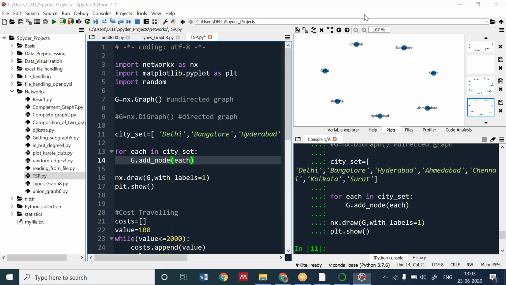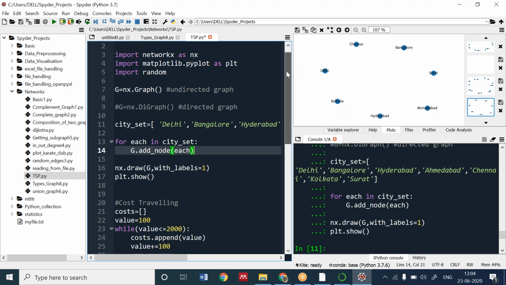Okay, see, we have created a list. You can see everybody the list of the cities. So we have the cities names here, and for each of the cities, the set will be 8, so the loop will be running for the 8, and we will be adding a node for the 8. Ultimately, you can add it by add nodes also, but we don't want to do it like each add node for Delhi, each add node for Bangalore. I will use a for loop for my convenience, and I have drawn. You can see different nodes have been created.